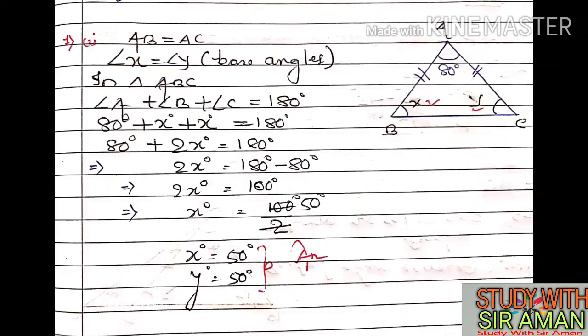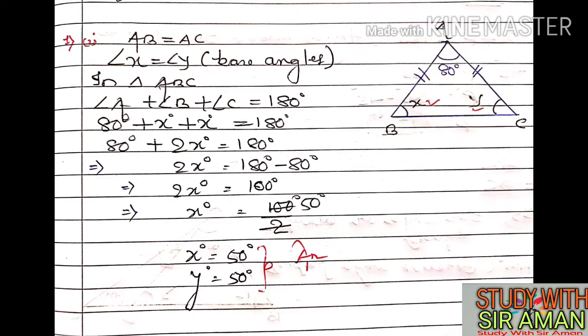Check the diagram. A, B, C I have written by myself to make you understand which two sides are equal. Now we can say AB and AC are equal. Two sides are equal means it is an isosceles triangle, means two angles will also be equal. Which two angles? Base angles, or angles opposite to equal sides, both are the same.